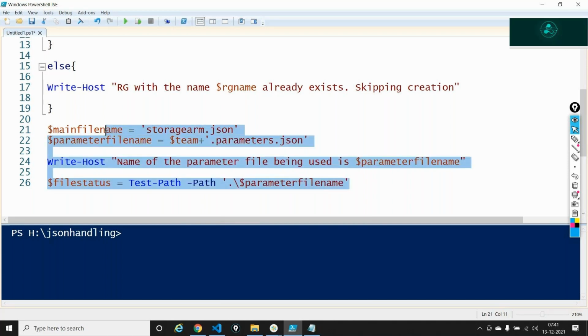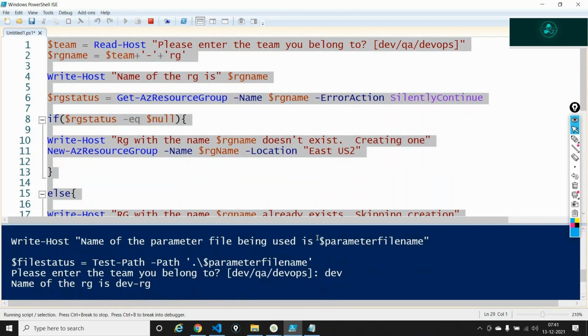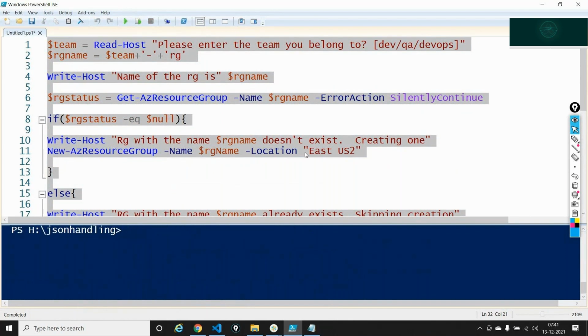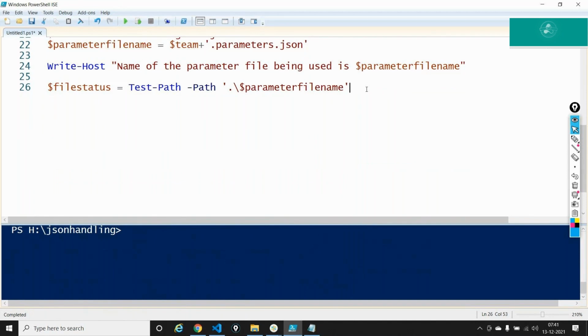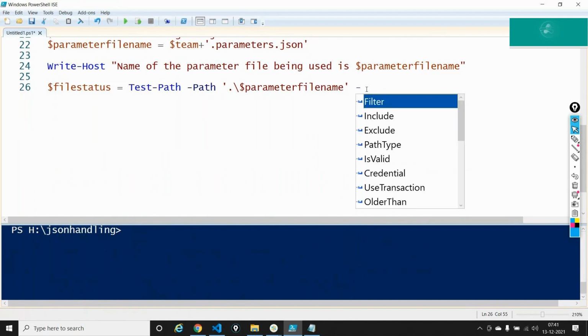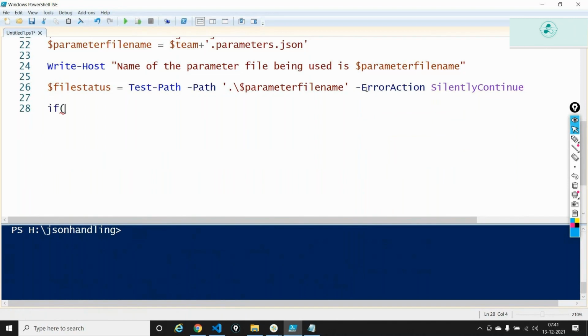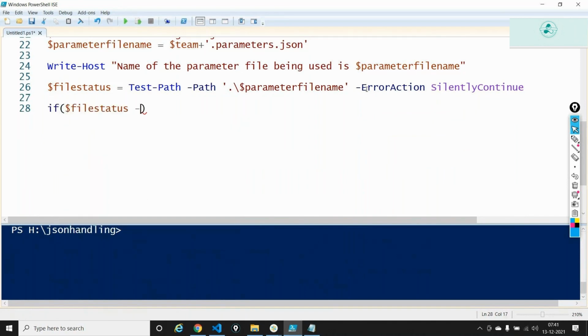And now if you just execute this, it'll say, okay, fine, let's see dev. And it did not give any error out here. If the file wasn't there, it would have thrown an error telling that, okay, fine, this is what it is, but I need a custom error. So what I'll do out here is I'll say ErrorAction is again SilentlyContinue. And I'll say if $FileStatus is equal to null,